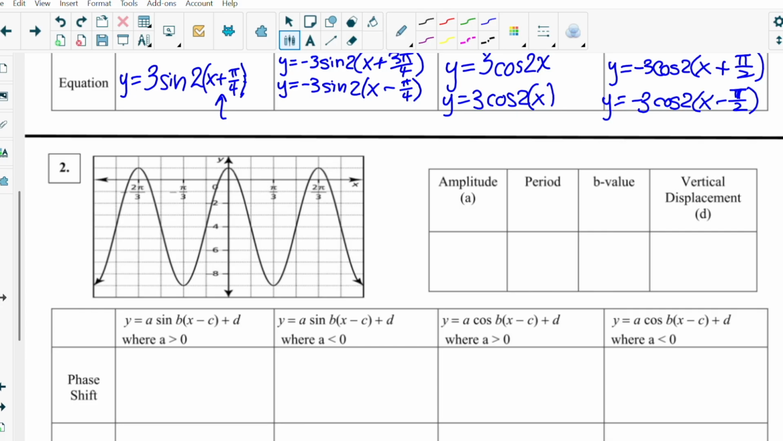Okay, it looks like our 1, 2, 3, 4. I'm just going to count from the max to the min. 1, 2, 3, 4, 5, 6, 7, 8, 9, 10. So it's got to be at 5. So our sinusoidal axis is at d equals